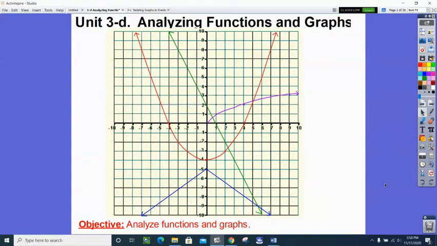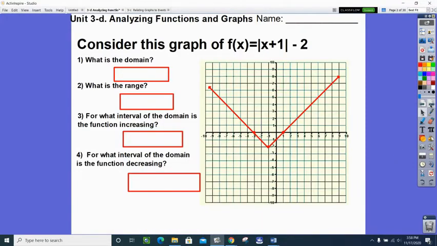Today, we're going to continue analyzing functions and graphs. It's kind of like just a big review of a lot of the vocab and techniques that we've been using. So I'm going to start with just a couple of basics. So let's talk about domain, range, for what interval of the domain is increasing and what interval of the domain